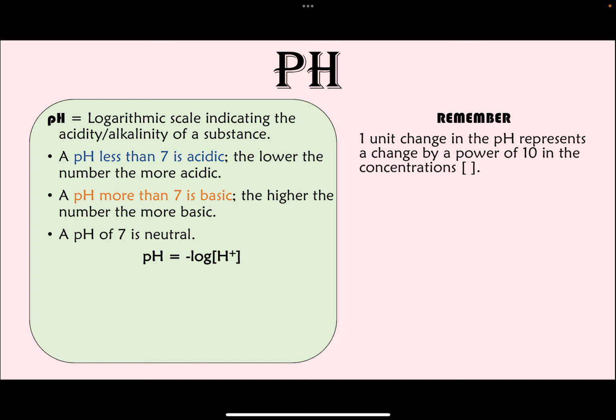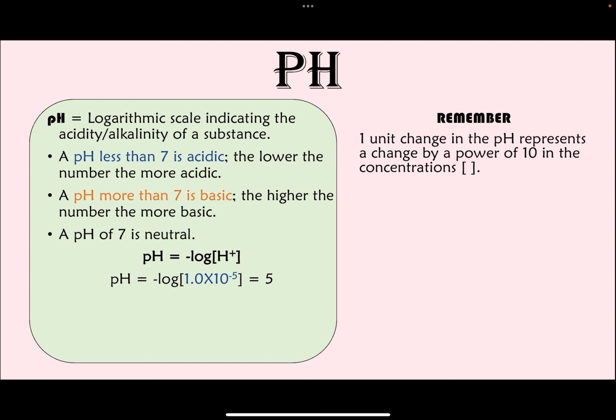It's the negative log of the concentration of H positive. So if I give you the concentration of H positive, you can just plug it into this equation in your calculator to figure out the pH. But there's also a shortcut that we learned in class. So here I gave you the concentration of H positive. Let's say that's 1 times 10 to the power of negative 5. The shortcut is that if your coefficient is 1, so it's just 1.0 times 10 to the power of negative 5,